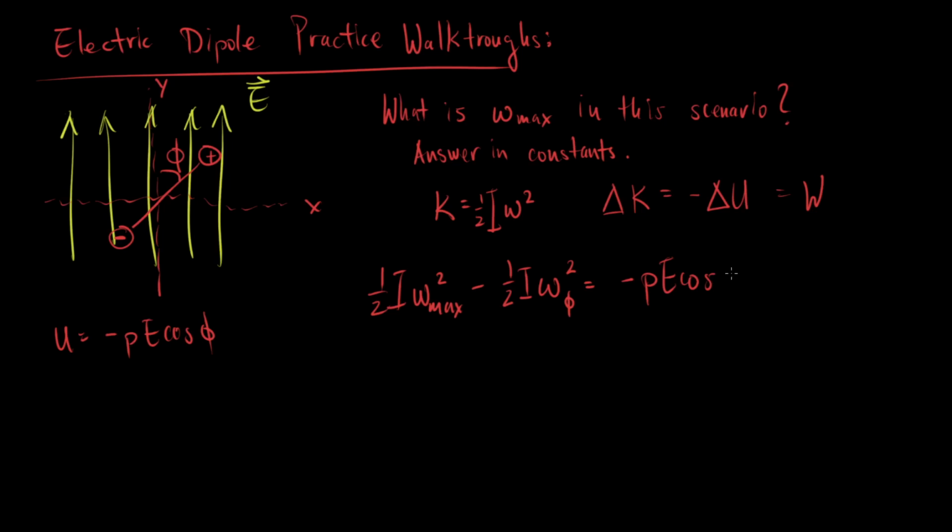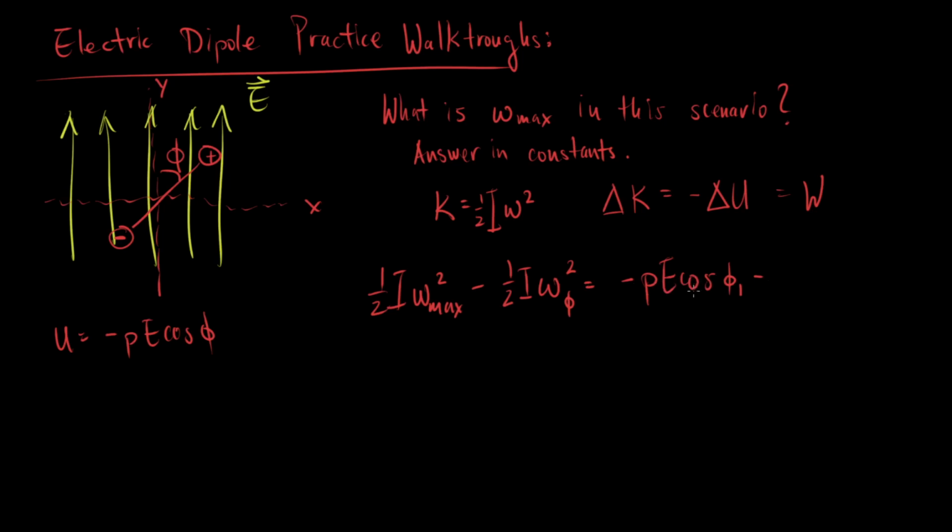cosine of phi 2 minus negative PE cosine phi 1. Oh, well, actually I got the angles messed up. So it's cosine phi 1 here, minus